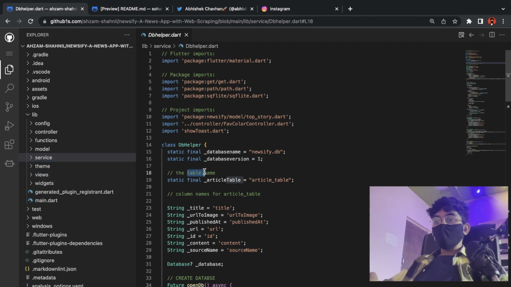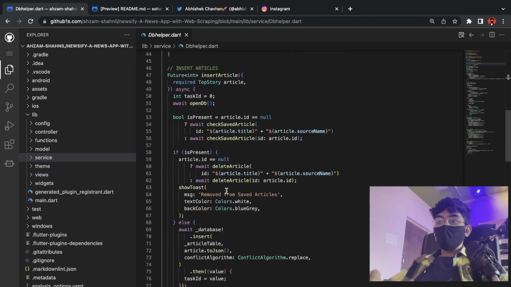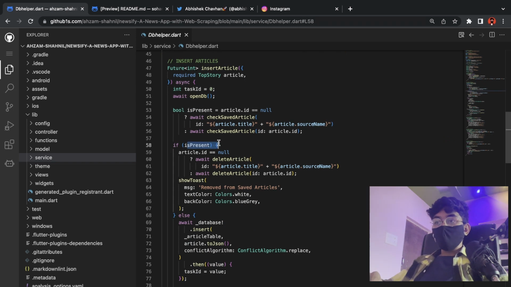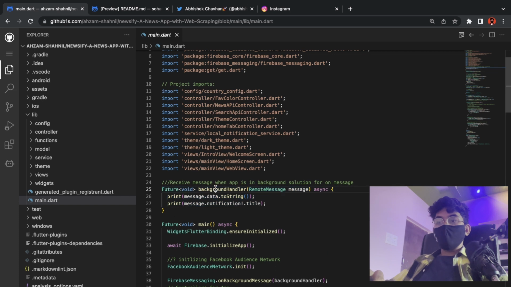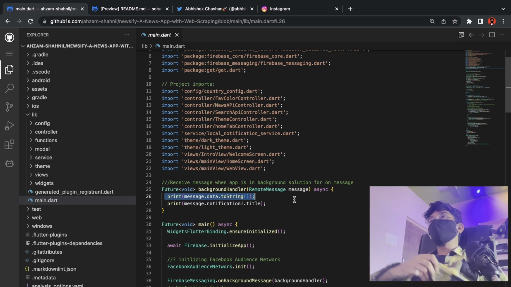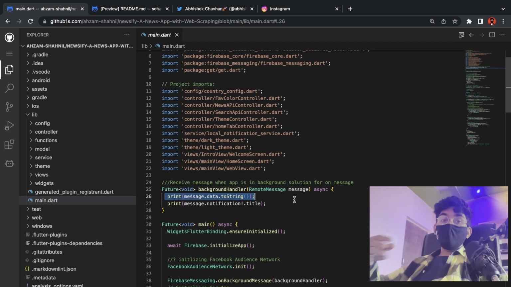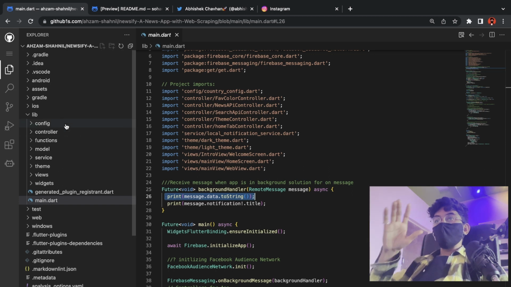Right, here you can see the following table name or etc is not needed. The documentation is needed here over what the following function is doing. Also here I can see there is a background handler for notifications. Yes, the same tip that I have repeated here, that is, stop using print statements and go with debugPrint. Use debugPrint to get your data on your debug console. So that's it on this repository.